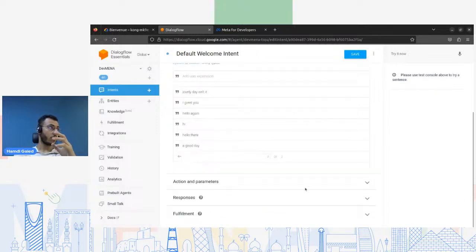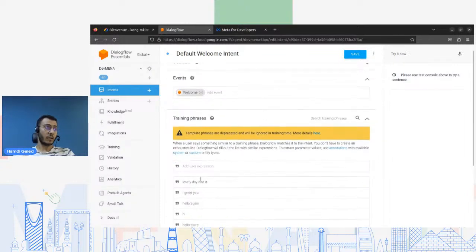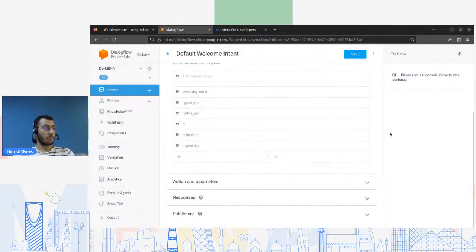There is pagination. Also, we can see hello again, hi, hello there, good day. So all those words and all those phrases are what the user might type, so the intent of the user is welcome, so hello. Our bot will be trained on those words, and if one of those words is matched or even partially matched,